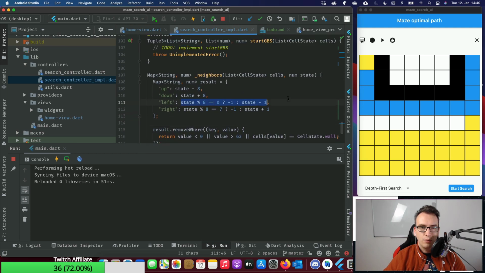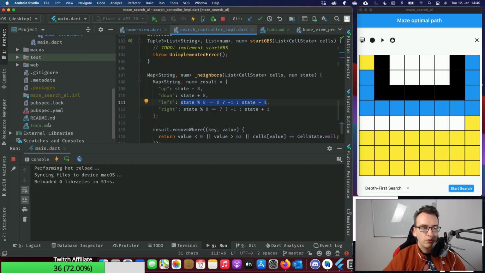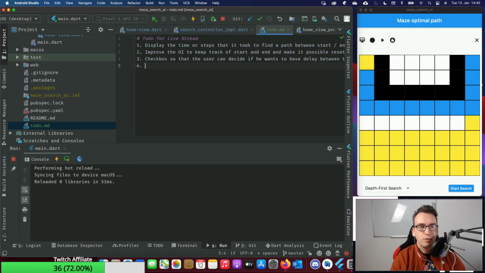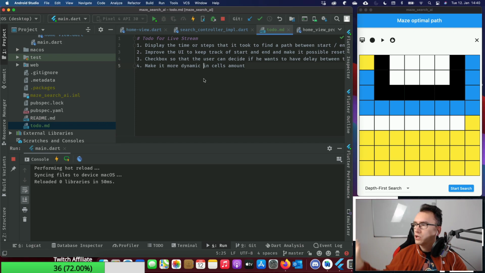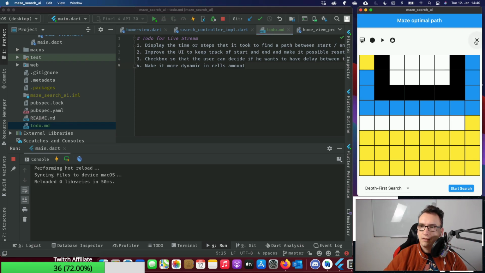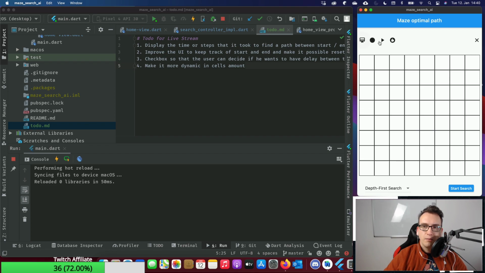I think then we want to make it a bit more dynamic, right? To have more cells. So fourth would be make it more dynamic in cells amount. So that we could have maybe 8 times 8, because I think 64 looks pretty good, but it's very basic, right? It would be better if I get like a huge amount of elements, like if I could double or triple that, because for a user it would make more fun if he can just draw wherever he wants to.